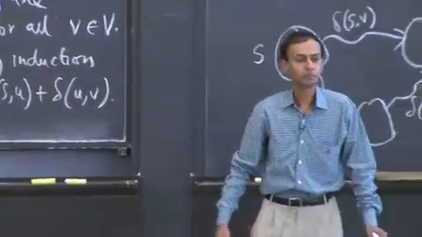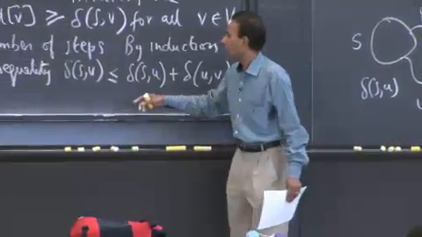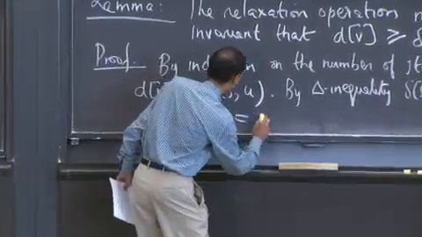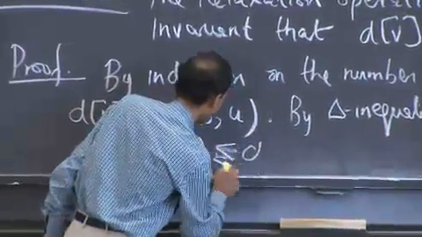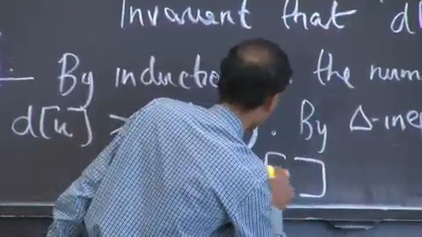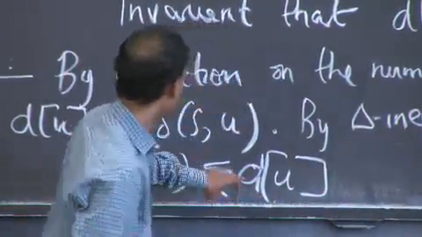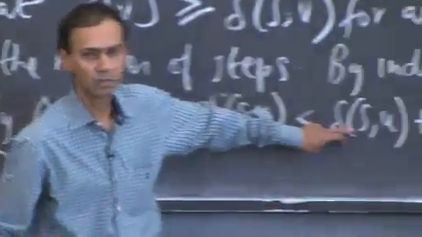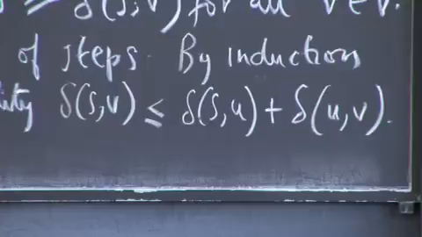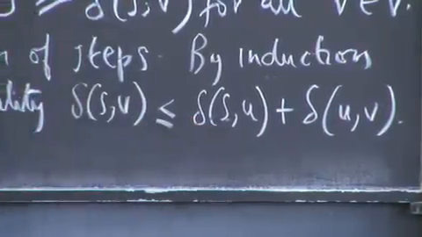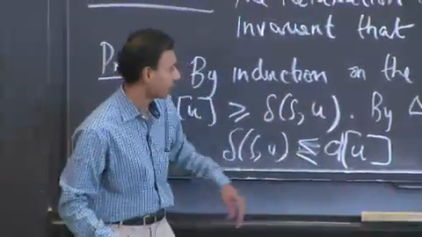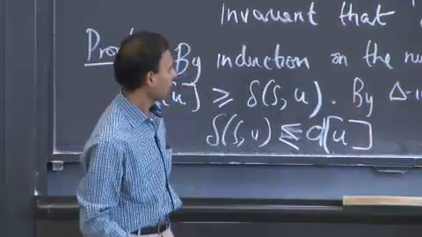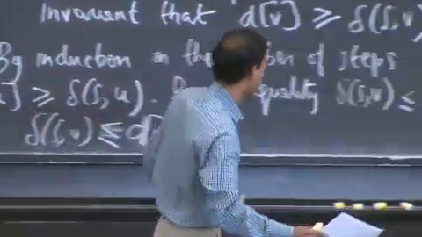Yep. d of u, like we have it over here. Excellent. So the first thing is I could put d of u over here, right? Less than or equal to d of u. And the reason I can do that is because d of u is greater than delta s comma u, so that's cool, right? Delta s comma u, thank you. And so that's what I got here. What else? Yeah. Replace delta UV with w(u,v). I can replace delta UV with w(u,v). Exactly right.